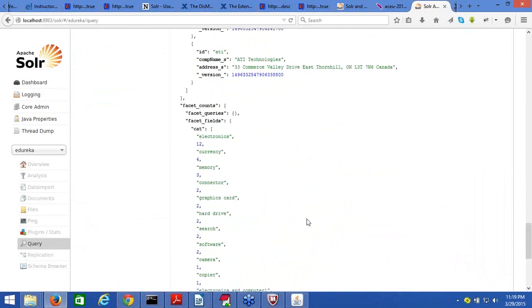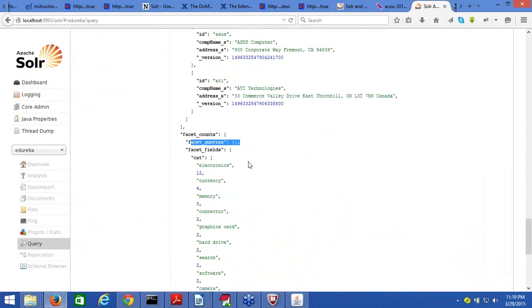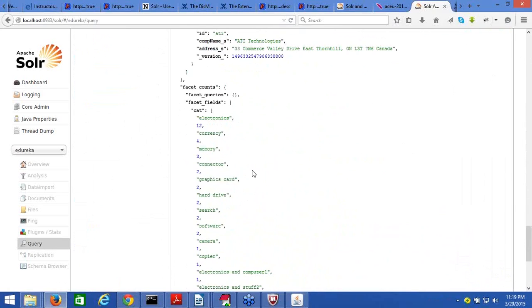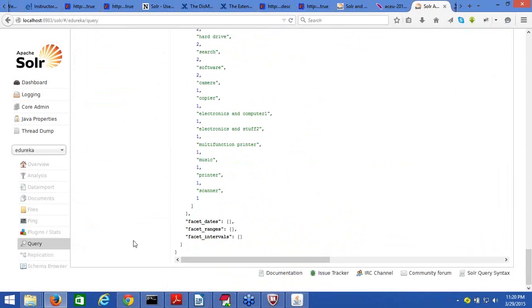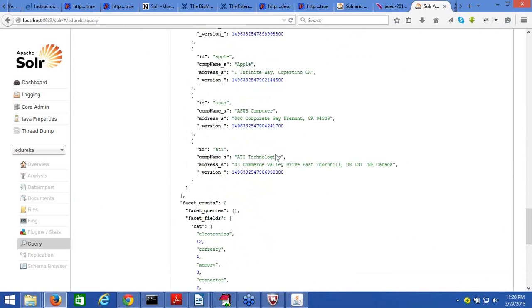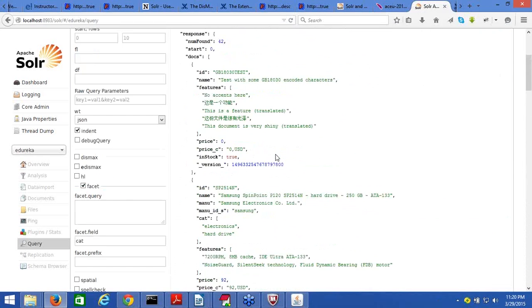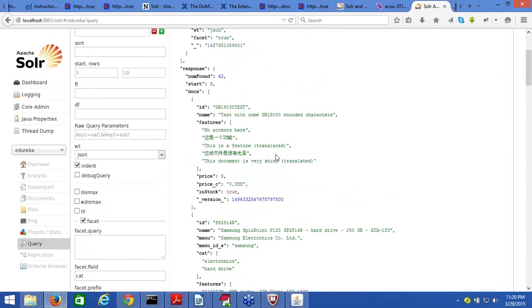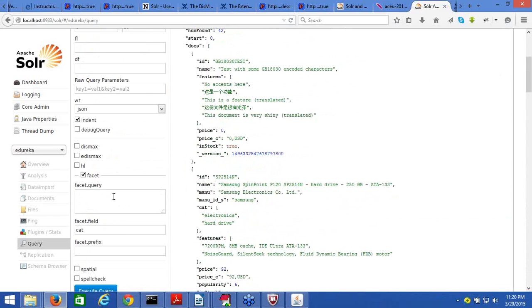So we did not specify any field, any facet query, so it did not really get me anything here. Then we have also not specified any facet ranges, facet dates, and intervals here. So that is why it is all coming empty. So what if I added, say, the facet query, and I said that I'm looking for